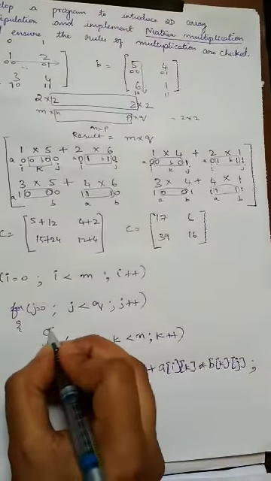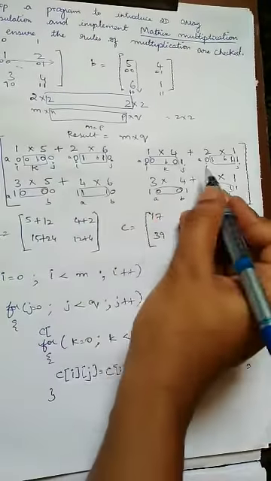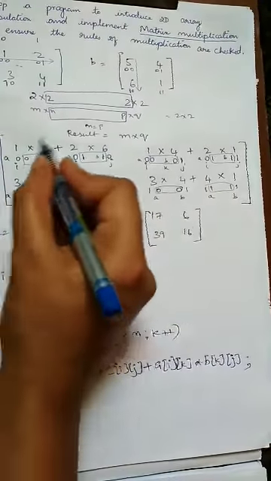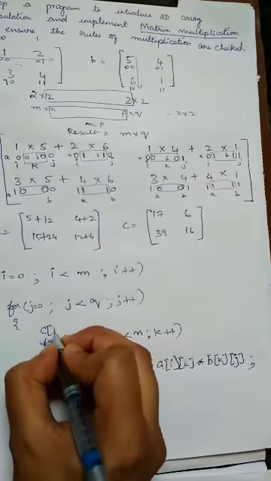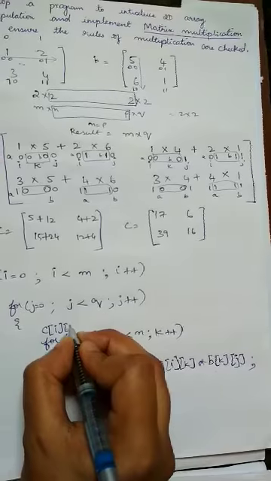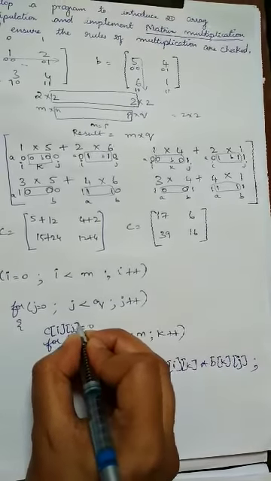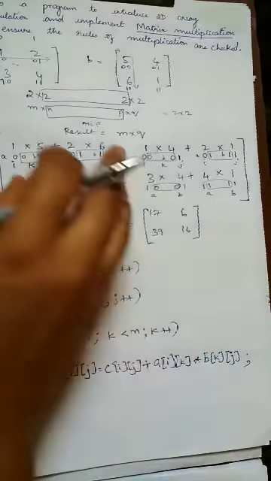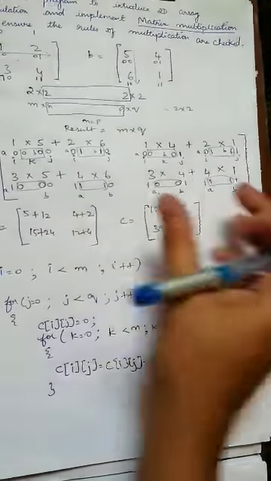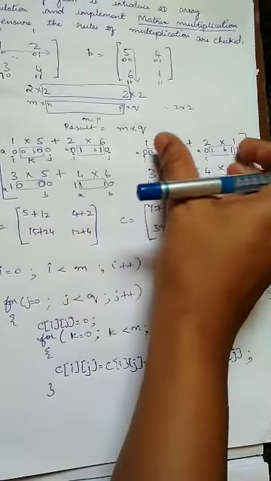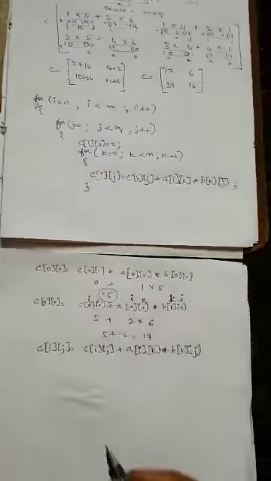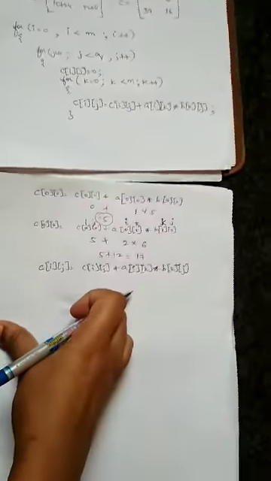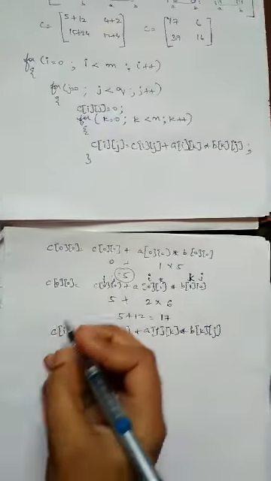Okay, and one thing, once you compute and finish this part, k will get terminated and it will go to the j, and then again you have to initialize C of ij as 0. So that this term is over and you have to go with the next term. And then one more tracing I can tell you. First tracing, let us see now.